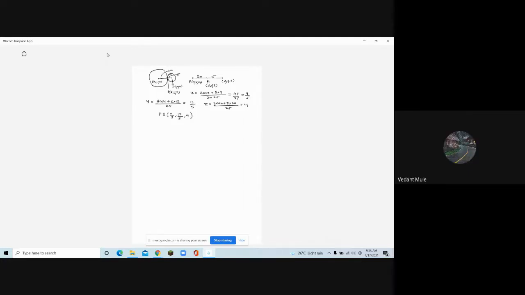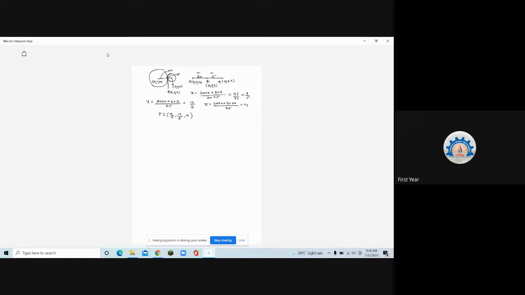Ma'am, can you repeat it? Yeah. Whenever two spheres are touching externally, we can clearly see that the ratio in which it is dividing is the radius of the first sphere to the radius of the second sphere. So it is external division. External division of any point R, (x, y, z), is found with the help of the m and n ratio. So this is m and this is n. How do we find it? m into the coordinate of this point Q plus n into the coordinate of the point P, divided by the sum of these two ratio, m plus n. So that's what I have used.